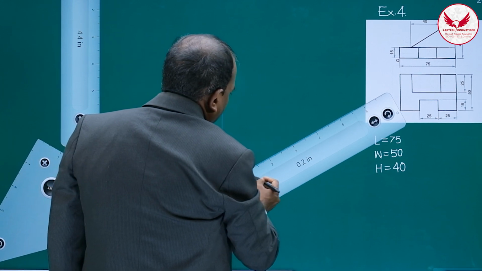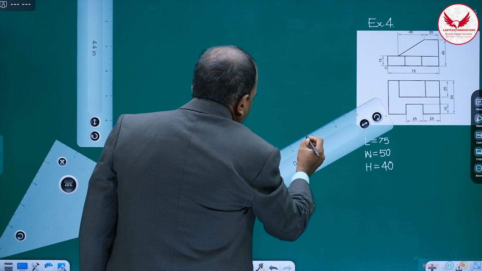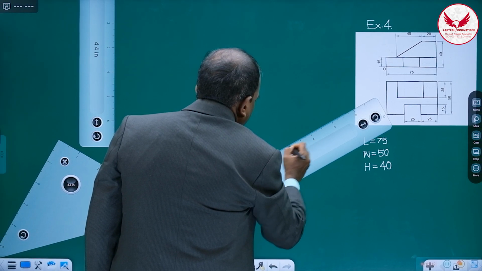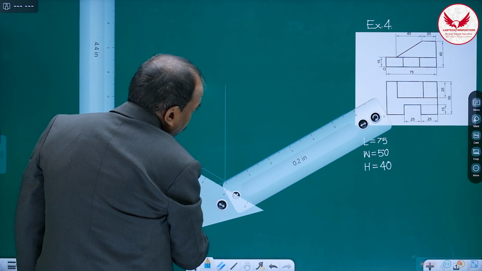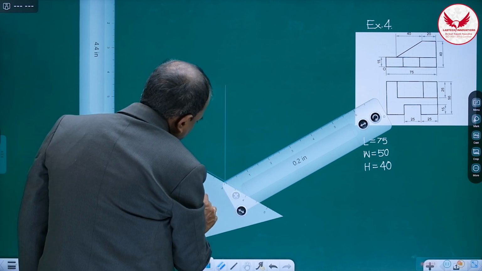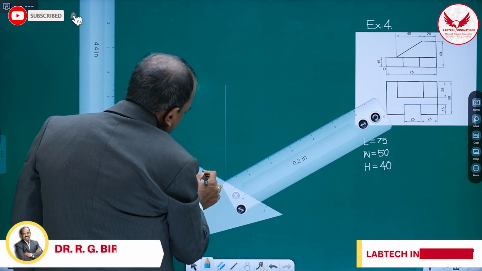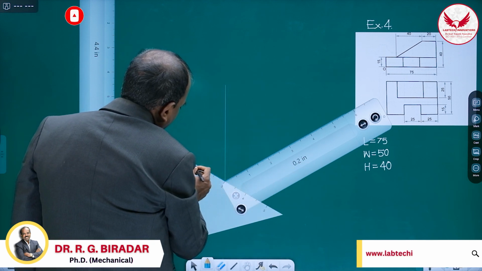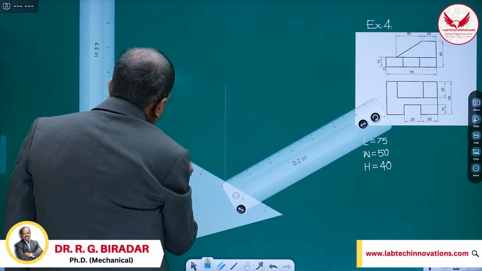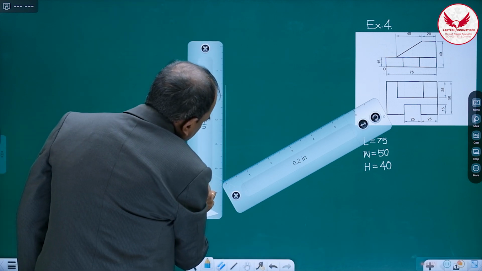Then how can we mark 75? So it will be like this. So this is 75, and width is 50. That also we can mark. How? It's 10, 20, 30, 40, 50. So it is 50. And height 40,